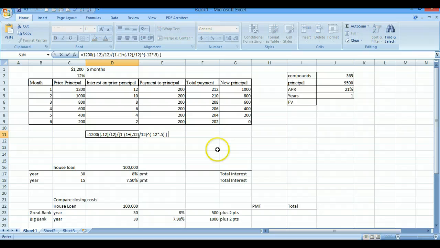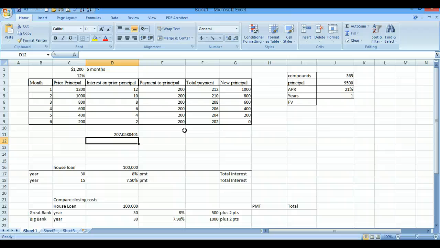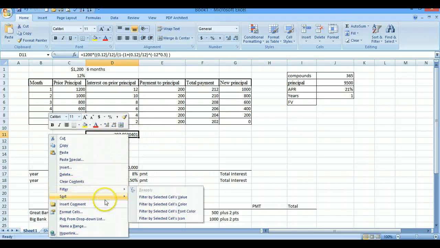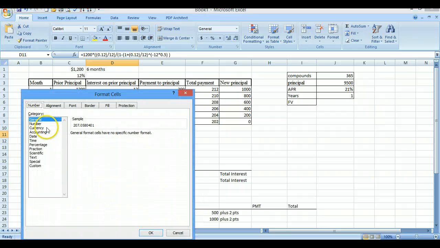Press equals, Control V, and remember there's one thing that Microsoft Excel doesn't like when we do this, and that's these brackets. So I'm going to switch those out for parentheses. And again, I need to put a times sign here because it doesn't recognize that it needs to do anything in between those. However, you and your graphing calculator will know how to do that. Press equals. It looks like everything's good. There we go. And I'm going to format this as currency